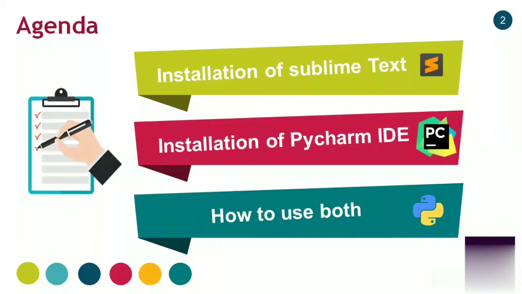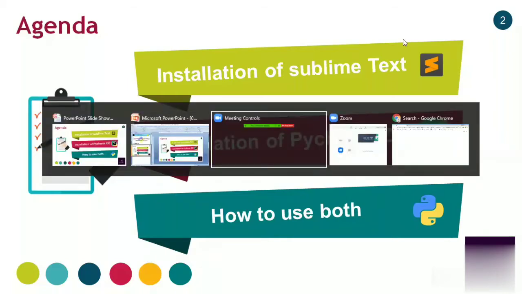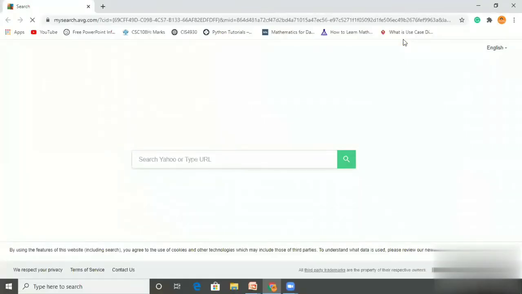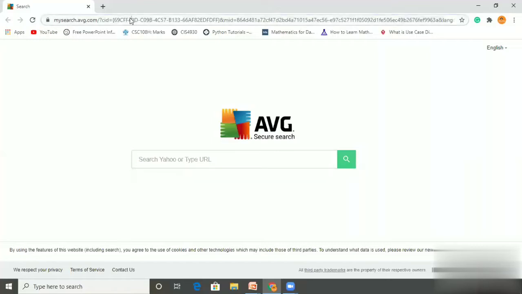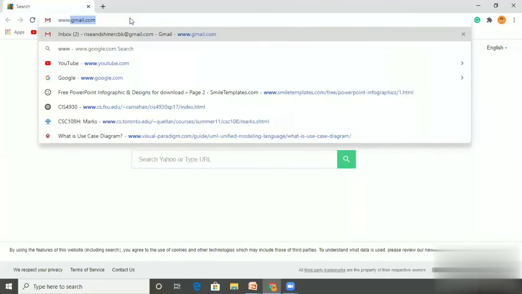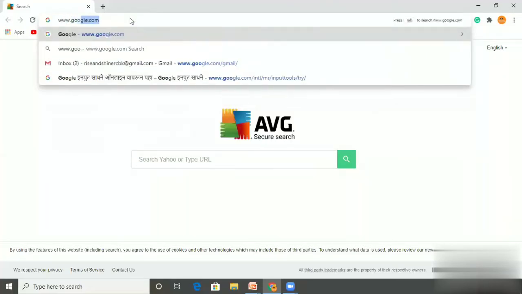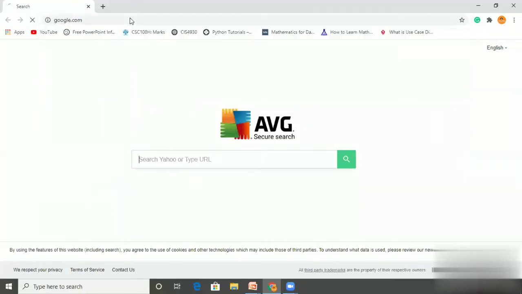So the very first thing, you download Sublime Text. Go to your favorite web browser and first go to Google.